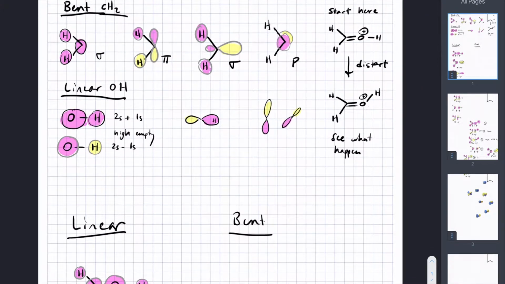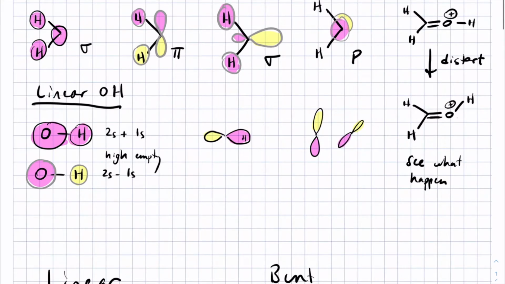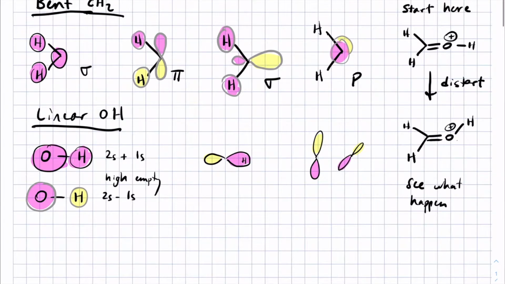So our alphabet of orbitals that we can bring with the methylene group is the sigma CH3, the pi CH3, the sigma out, and then the unhybridized p orbital. And then the alphabet we bring from the linear OH group is